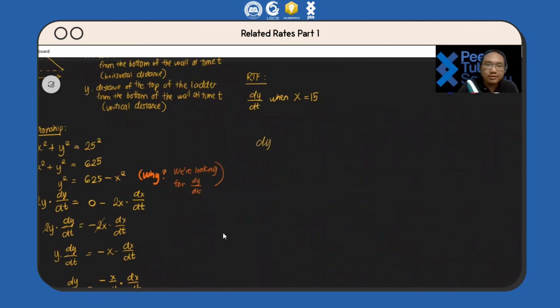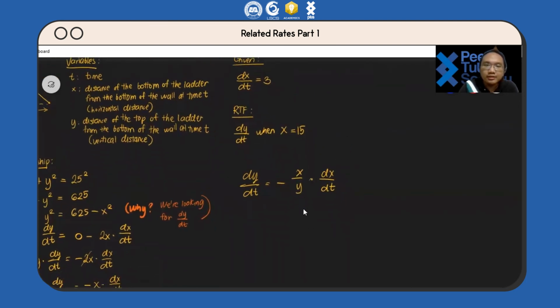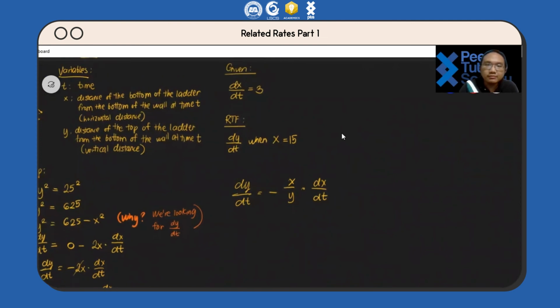So our equation is dy/dt is equal to negative x over y multiplied by dx/dt. Okay, dy/dt is what we are required to find. dx/dt is equal to 3 and x is equal to 15. So negative 15 over y, dx/dt, that's